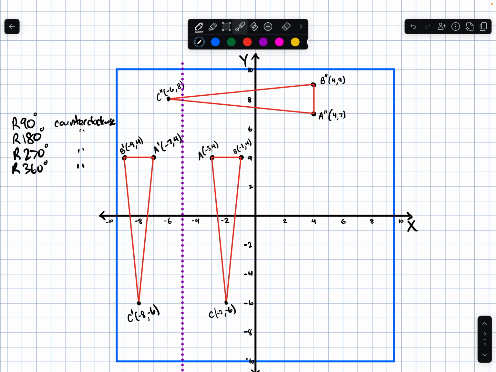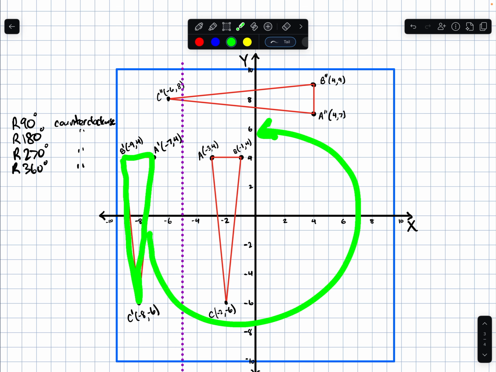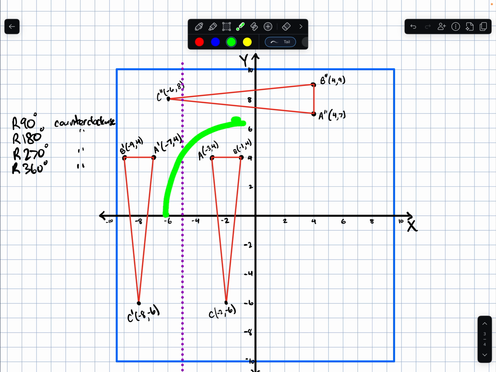So you need to remember that taking a triangle and rotating it 270 degrees counterclockwise will put you in the same spot as rotating 90 degrees clockwise. Since we've been asked to rotate 90 degrees clockwise, we're actually going to use the 270 degree counterclockwise rotation that we have in our notes, which says that xy should go to